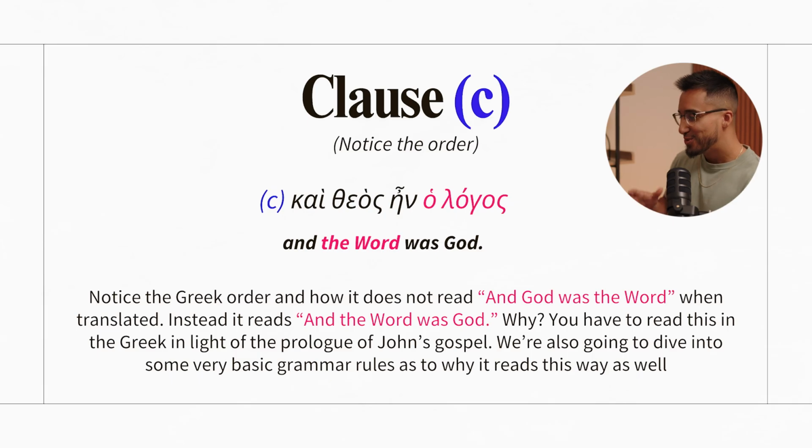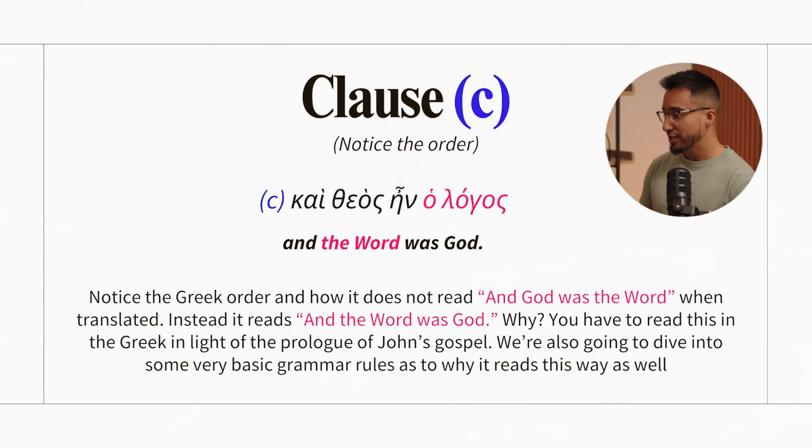Now, this is Trinitarian language because we know that there is only one God, but he's made up of three persons: the Father, the Son, and the Holy Spirit. Meaning that the Father is not the Son, the Son is not the Father, the Holy Spirit is not the Father, and vice versa all around, right? Three different persons, one God: Father, Son, and Holy Spirit. So the Word was in communion with God from the very beginning, which we know from clause A, the Word is eternal, has been around since the very beginning of time. Now let's dive into clause C.